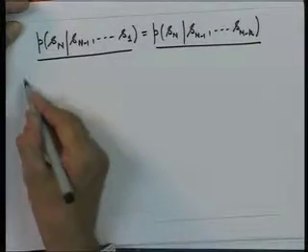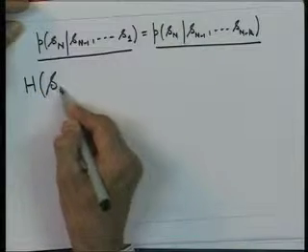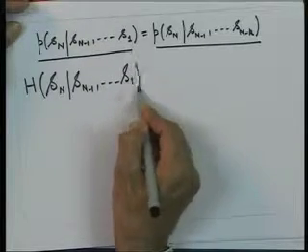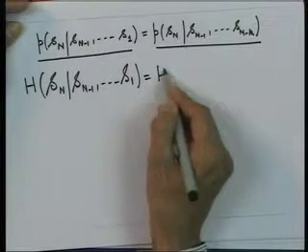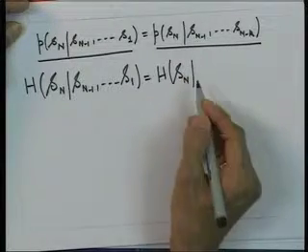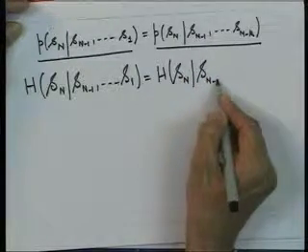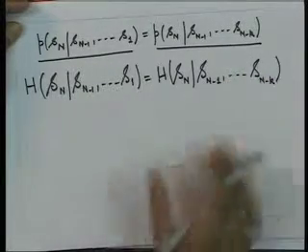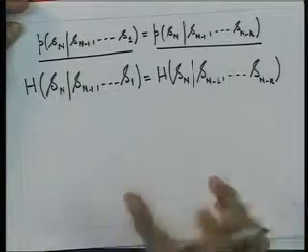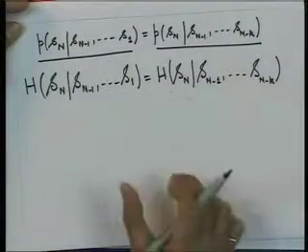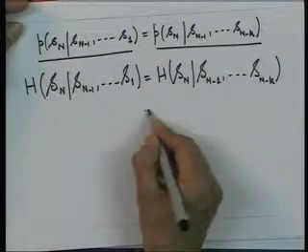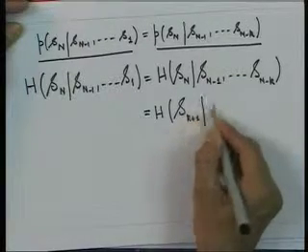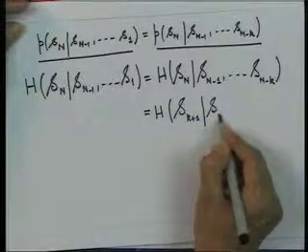If this relationship is valid, then H of Sn given Sn minus 1 up to S1 would be equal to H of Sn given Sn minus 1 up to Sn minus k, because only k preceding symbols will come into the picture, and because the Markov source is ergodic and stationary, I can write this as H of S k plus 1 given S k up to